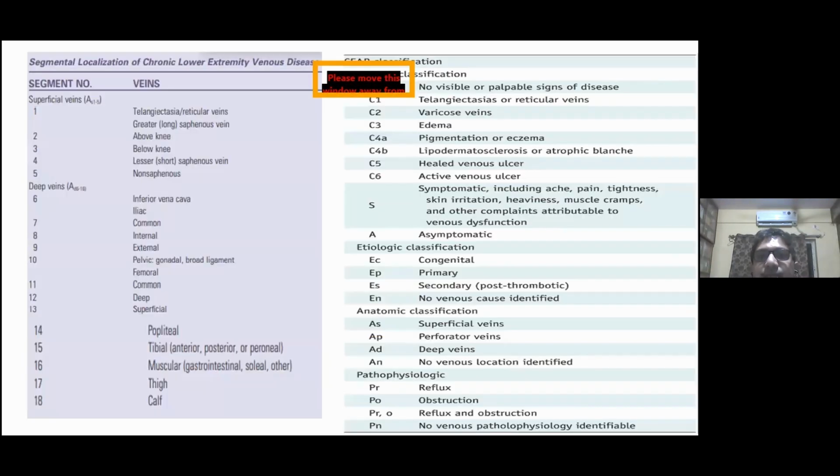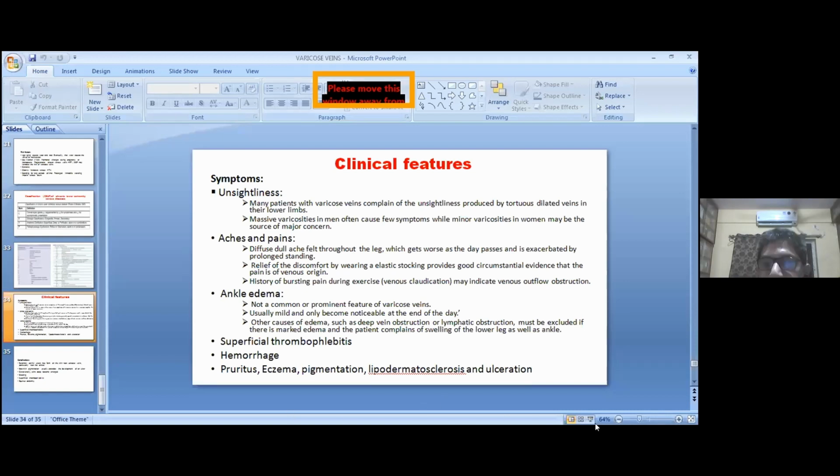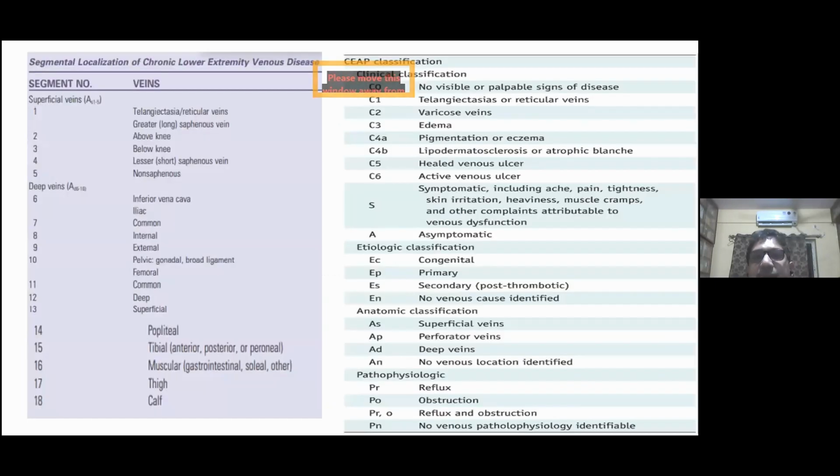Now coming to the details. This is the CEAP classification. C0, no visible or palpable signs of disease. C1, telangiectasias or reticular veins. C2, varicose veins. C3, edema. C4a, pigmentation or eczema. C4b, lipodermatosclerosis or atrophie blanche. C5, healed venous ulcer. C6, active venous ulcer. Symptomatic, including ache, pain, tightness, skin irritations, heaviness, muscle cramps, and other